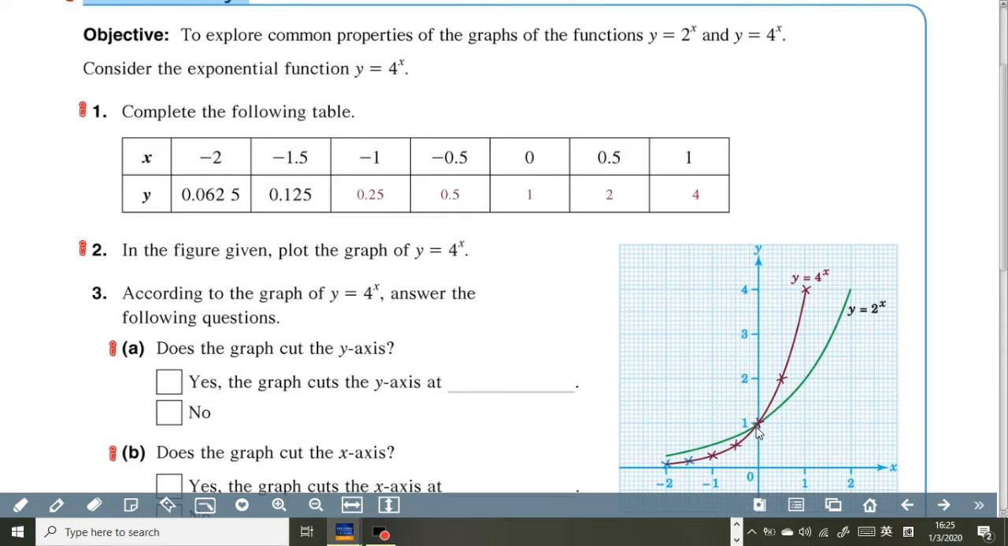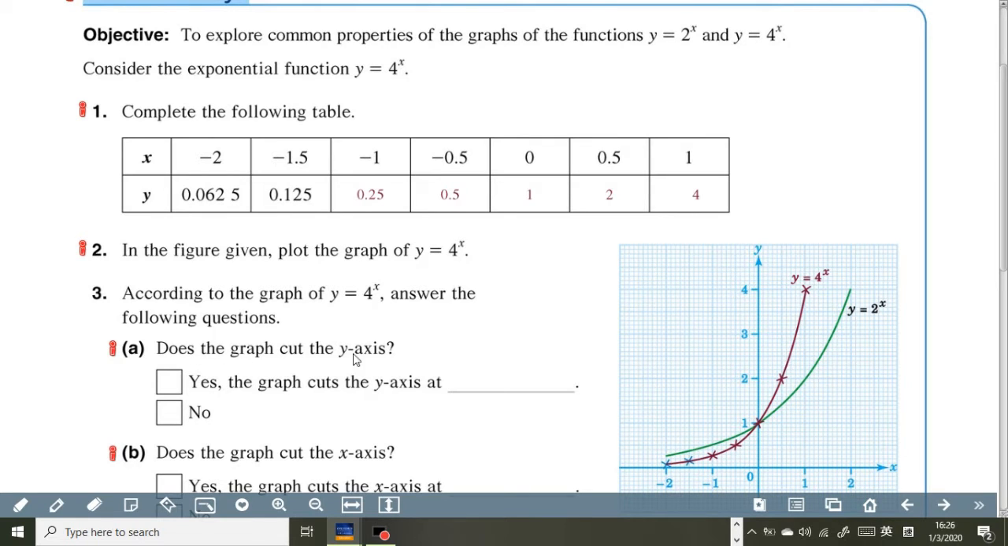So you see that there's a point. We always say that this is the same point. No matter what your base is, when you put x equal to 0, 2 to the power 0 or 4 to the power 0, your y is still 1. So according to the graph y equal to 4 to the power x, the answer to the following question is,